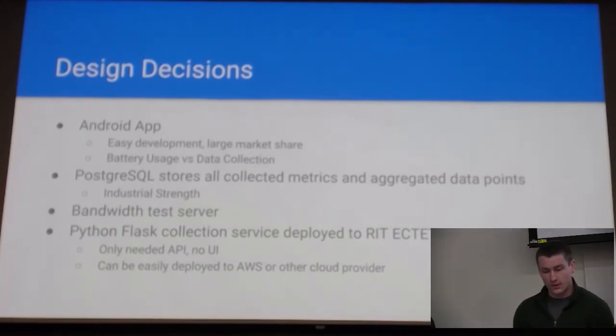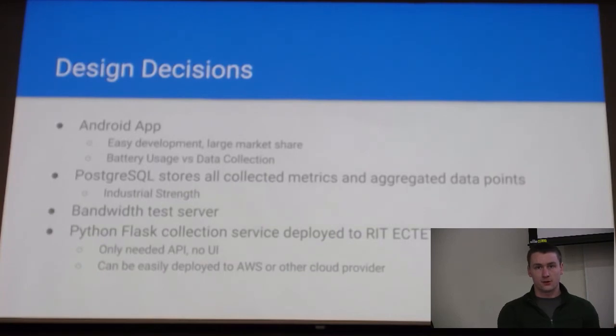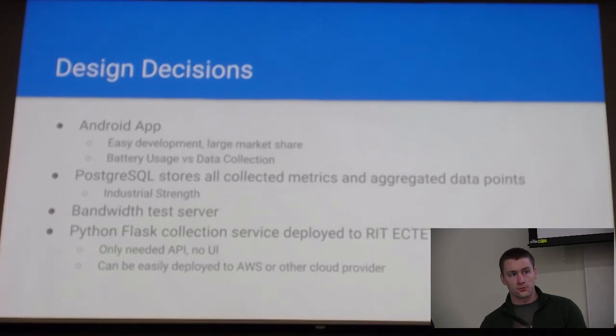essentially from week one. One of the important design decisions we had to make when building the app was the trade-off between battery usage and data collection. In order to appeal to end users, of course, we can't drain their battery too quickly or use up all their cell data. So we have to be careful about how much testing we're running. But also, to be useful to the researchers on the other end, we want to collect as much high-quality data as we can. So finding a balance between those two extremes was really important for us when designing the